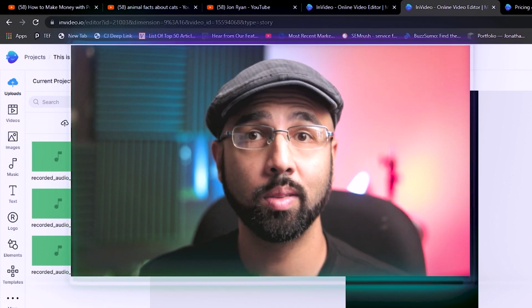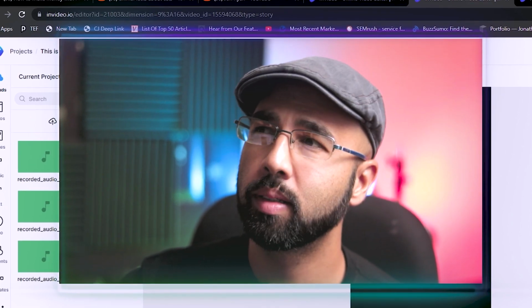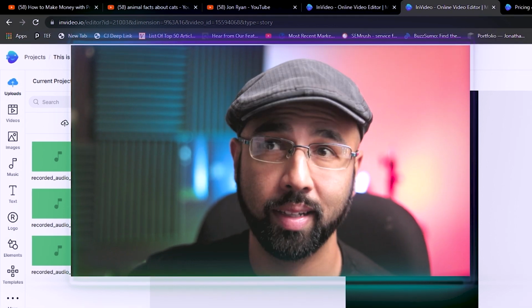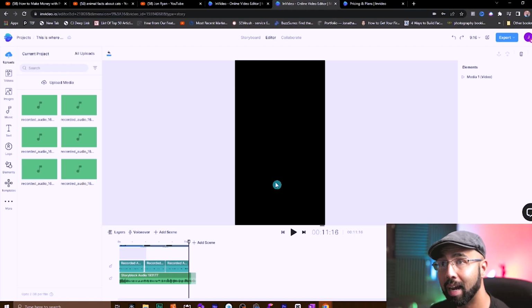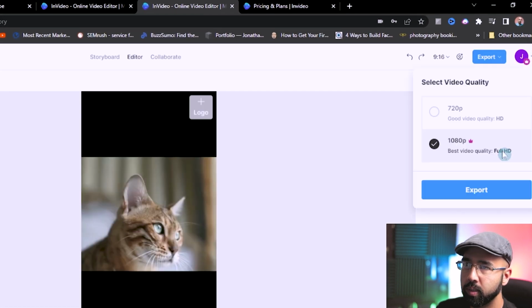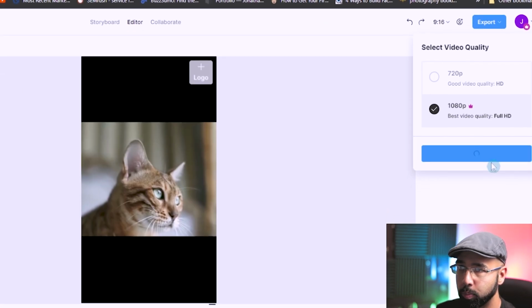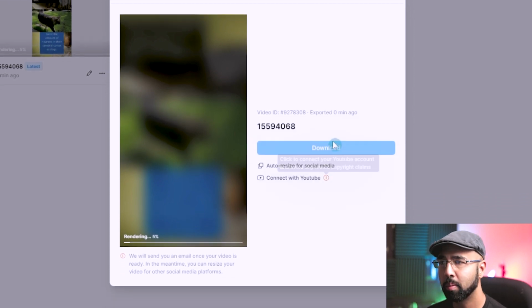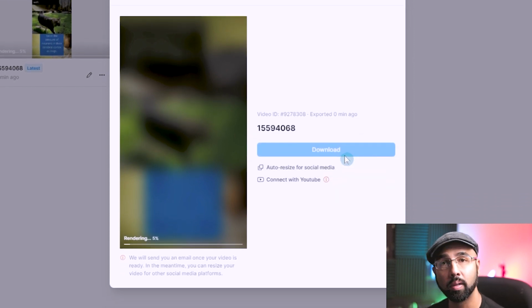And I think that looks and sounds pretty good. And of course, it probably needs some tweaking, but you get the point. It is really simple. When you're done to actually get that short, you come up over here and hit the export button. Be sure to select 1080p and then hit export. Now this should take a few minutes, but once it's done, you then hit the download button and then upload